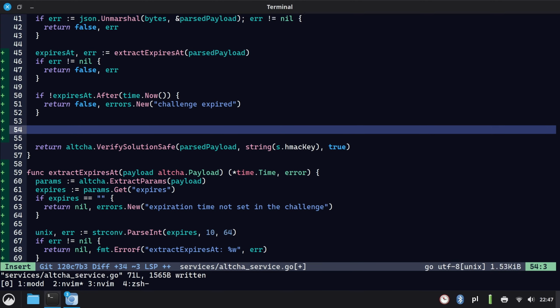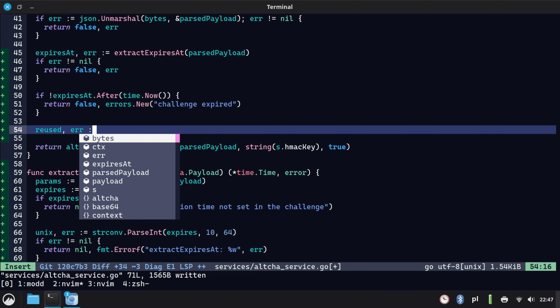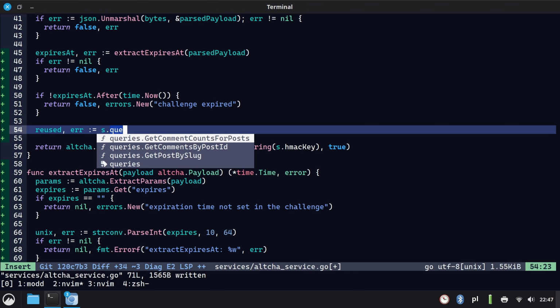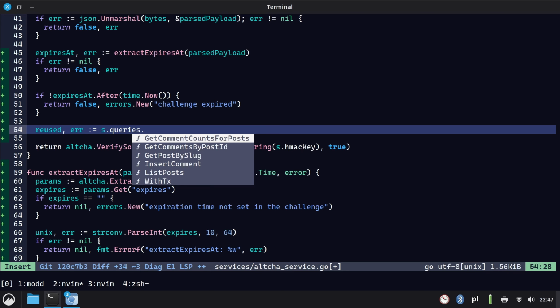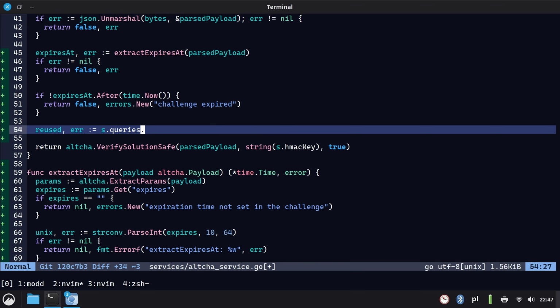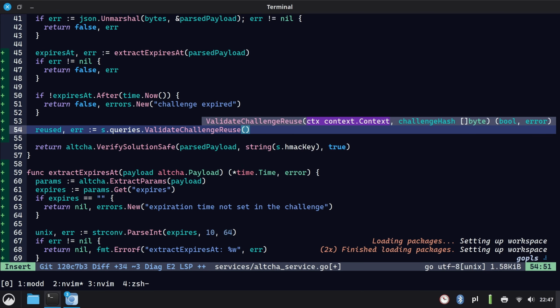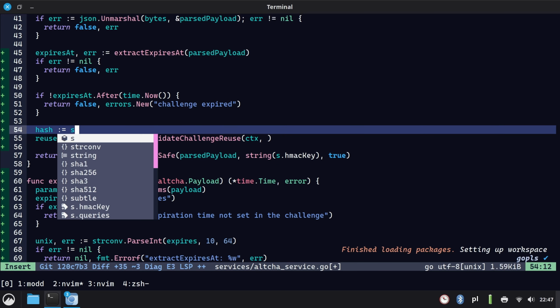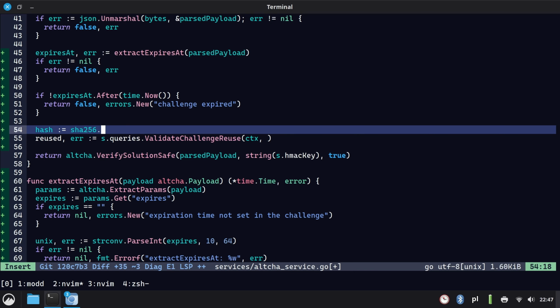So reused error equals service queries, and then validate challenge reuse context, and the challenge hash is going to be SHA-256